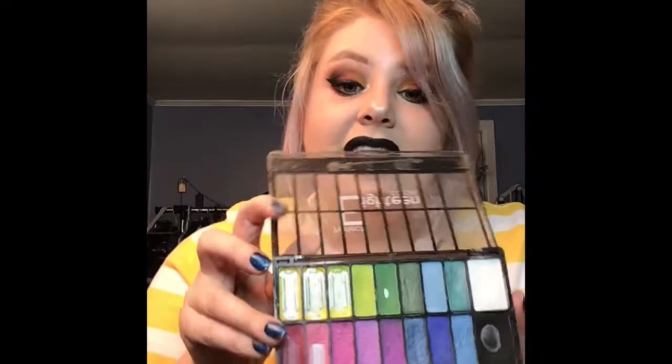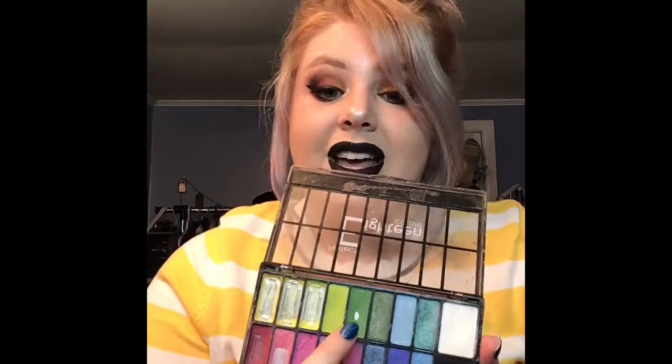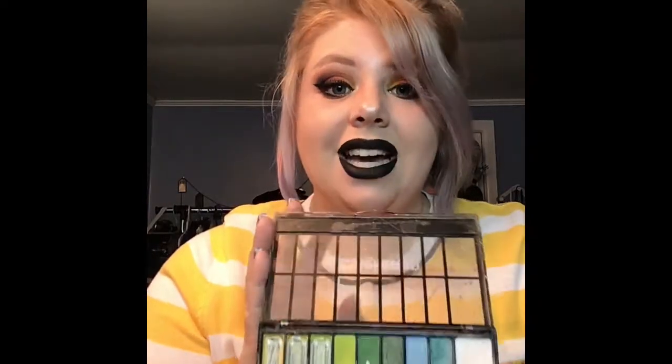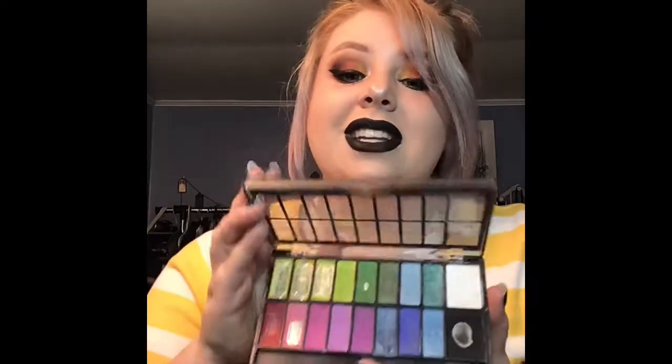And if I could even get it open now, you can see I completely used up all of the yellows for bruises. I used up the reds and the pinks for bruises. I hit pan on the green and even the black. At this point, it is probably closer to 5 years old. And like I said, it's just been sitting here and I have not used it. So it is time